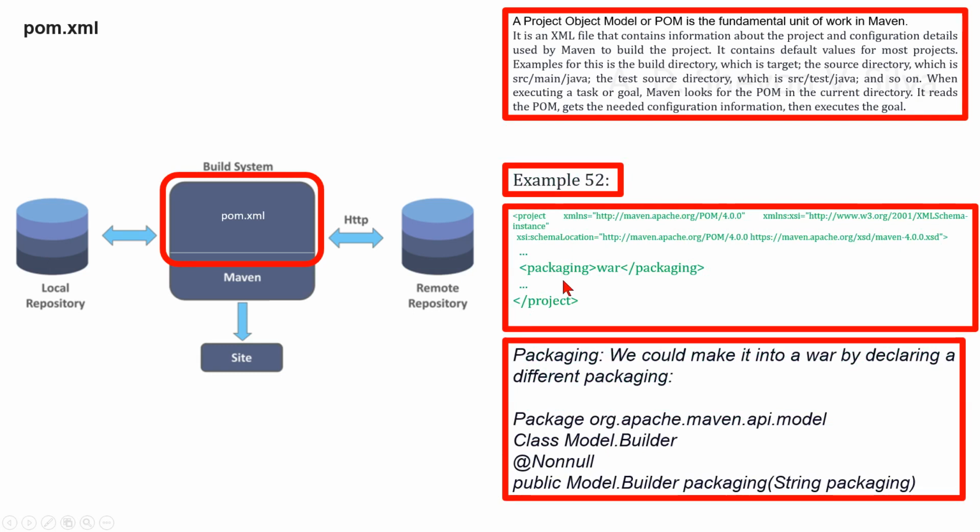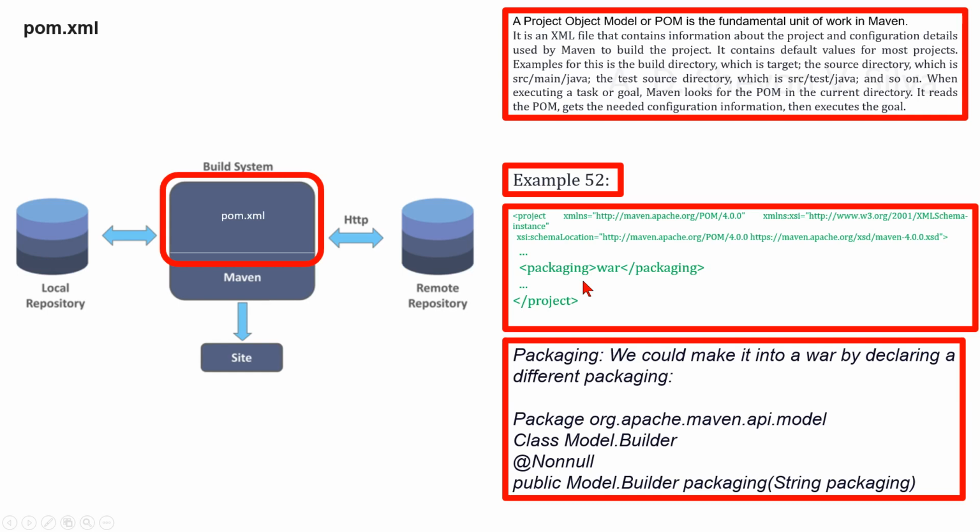Now we are considering packaging. We could change it into a different type by declaring a different packaging. In the API, the method is the NotNull public Model.Builder packaging(String packaging) in class Model.Builder in package org.apache.maven.api.model. Now we have addressed the structure of groupId:artifactId:version. There is one more standard label to make it really complete, and that is the project's packaging. In our case, the example POM for org.codehost.mojo